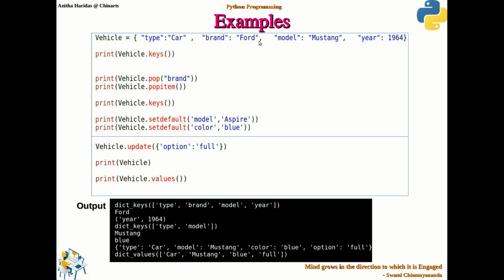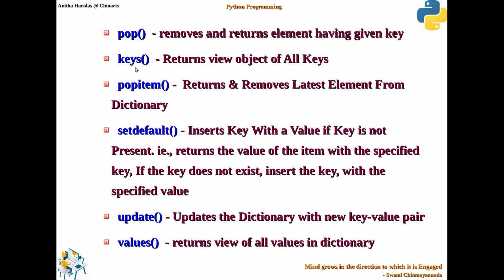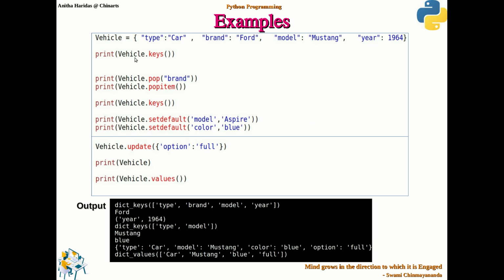I declared a vehicle. These are the key value pairs of vehicle. I tried printing the keys. Okay, let us see keys. Keys will return a view object of all keys, right? So I say vehicle.keys. What happens? Vehicle.keys gives you only the keys, not the values here.